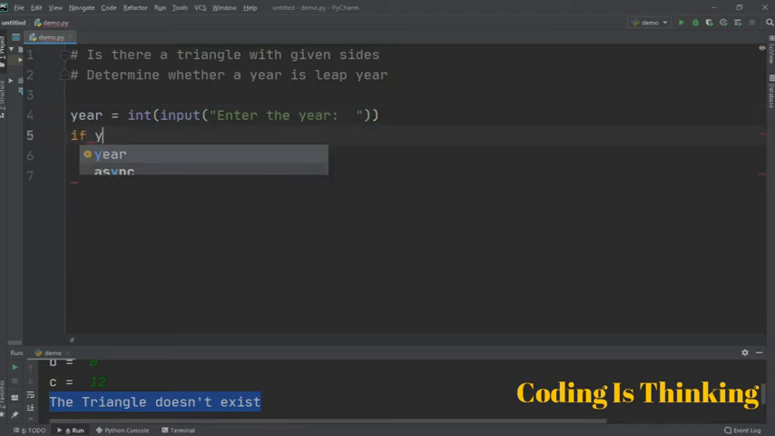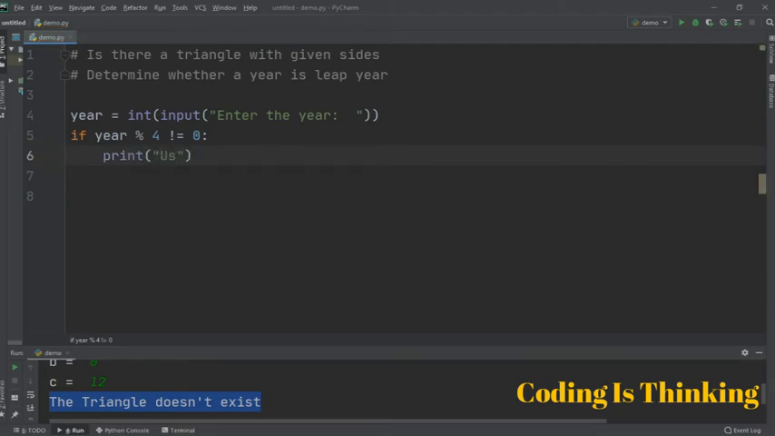If year modulus 4, in case not equal to 0, just run this statement: usual year. This is an elif statement. If year modulus 100 is equal to 0,